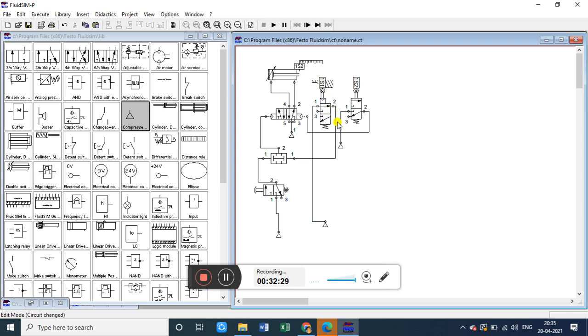So from this port number 2 for the AND valve you can see, tilt your head a little to look. This valve and this valve are the same, only this one has a push button, and this one has a roller lever. So otherwise it's exactly same. So supply is coming from this service unit. It is going over here at this port 1 initially pressed, so that's why this